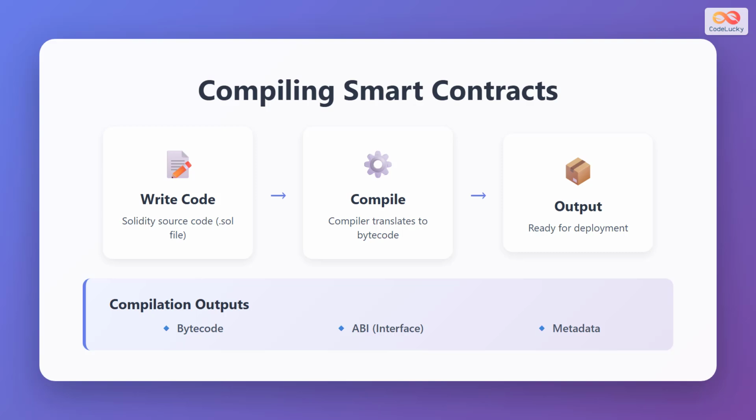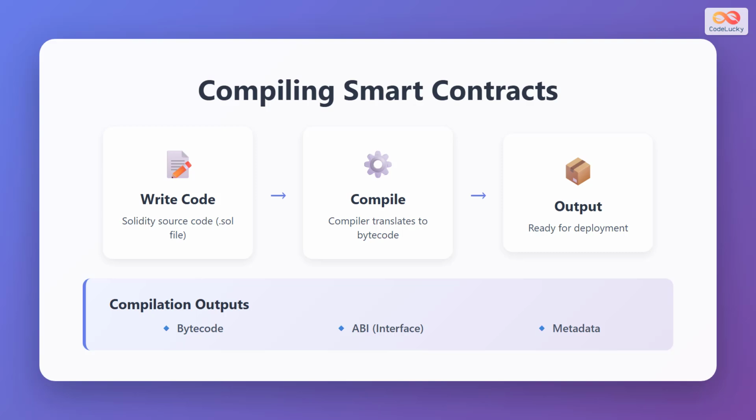Once you've written your smart contract code, it needs to be compiled before deployment. The compilation process starts with your Solidity source code stored in a .sol file. The compiler then translates this high-level code into bytecode, which is the low-level language that the Ethereum virtual machine can